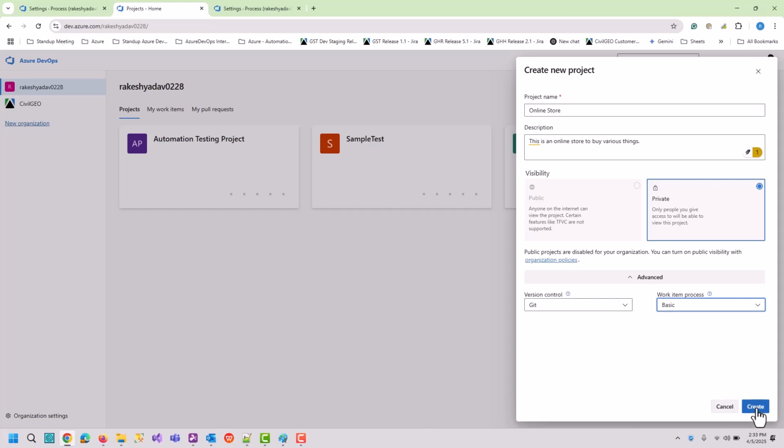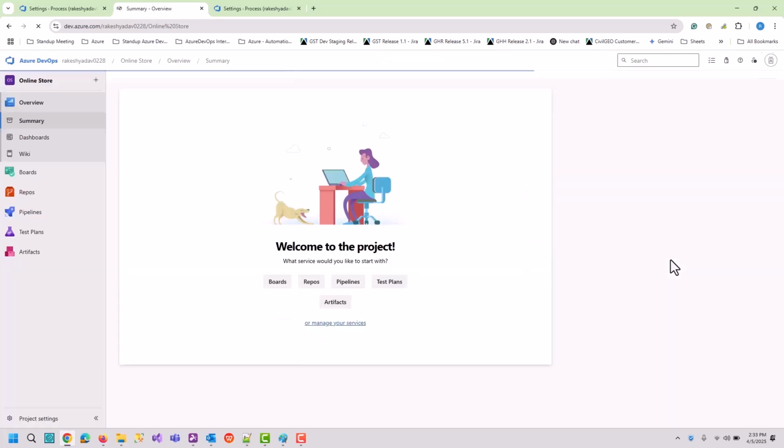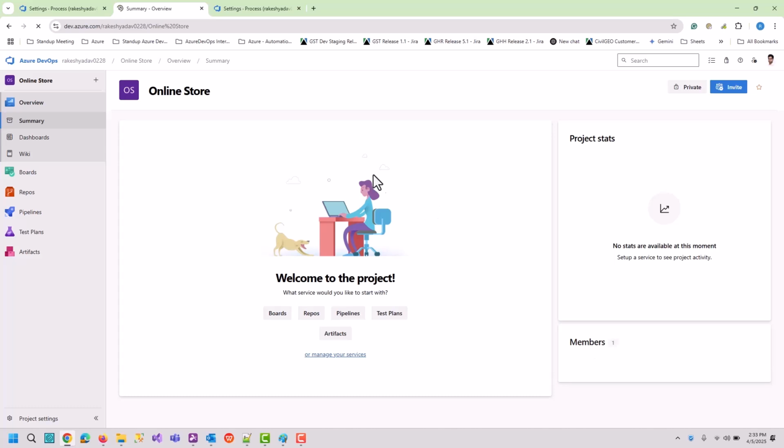So let's create the project. As you can see, the new project is being created. It will take some time. The project is created and you are at the summary page of the project. There are multiple options in the left side menu bar. I will explain all of these options in later videos. Once the project is created, now we need to define a process for this.